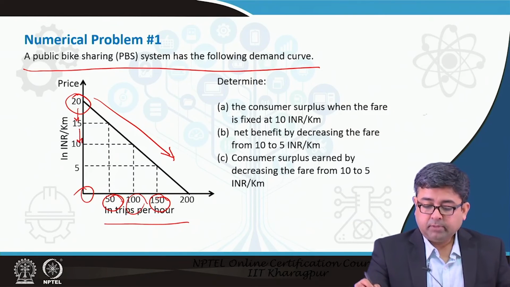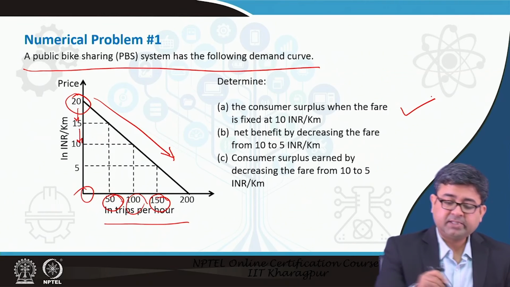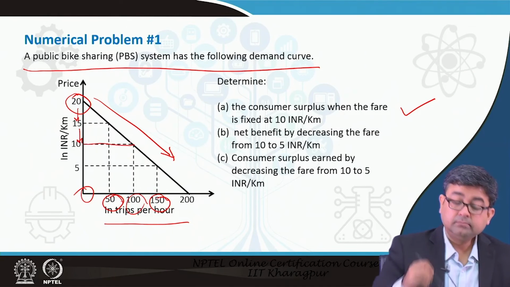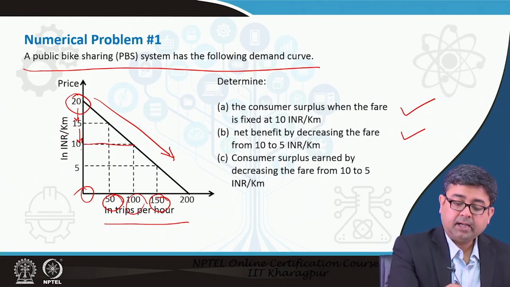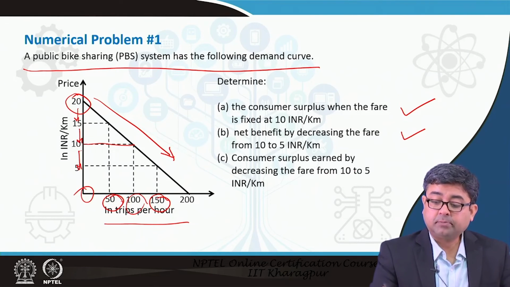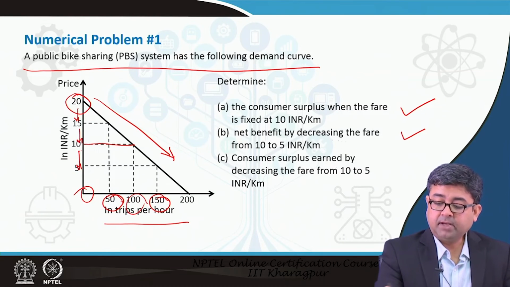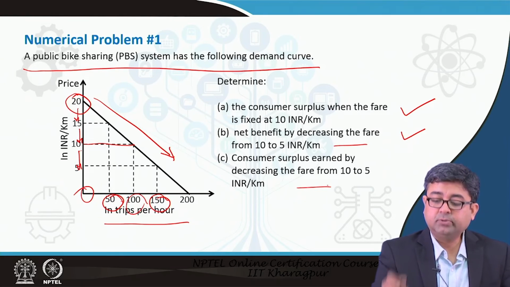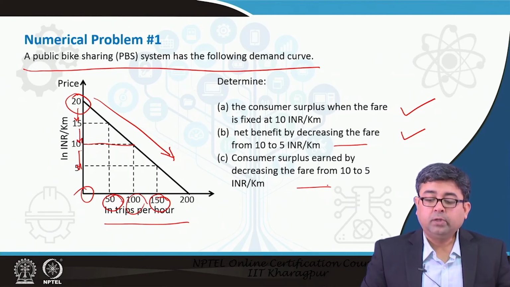So, what can we determine? A, can we determine the consumer surplus when the fare is fixed at 10 rupees per kilometer? B, what is the net benefit of decreasing the fare from 10 to 5? And what is the consumer surplus earned by decreasing the fare from 10 to 5? Let us look at the first one, which is the consumer surplus when the fare is 10